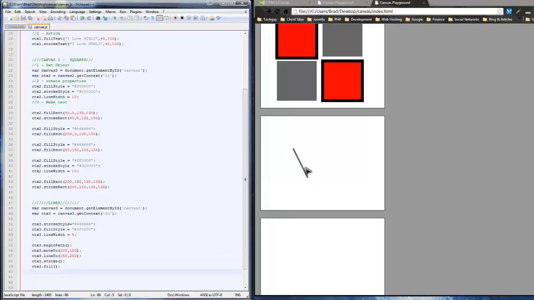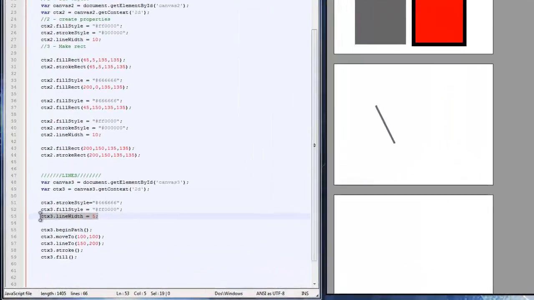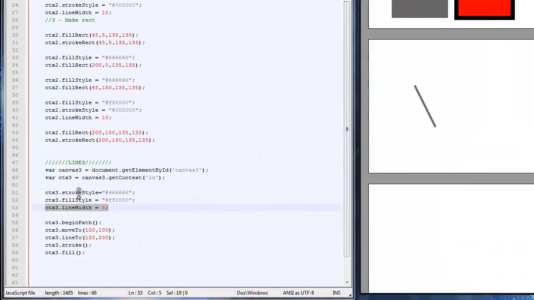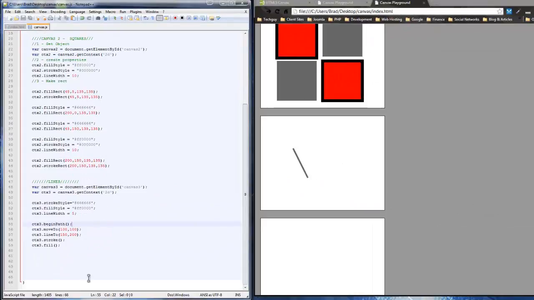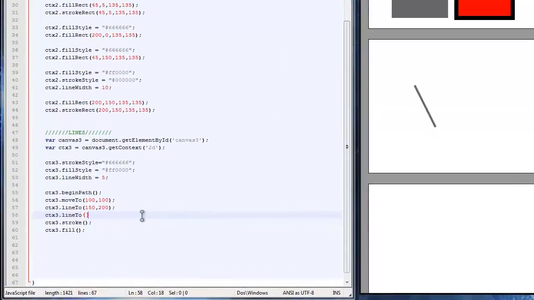And it's 5 pixels wide from this property. The stroke style is the dark gray, so that's what you see here. The fill is a red, but there's nothing to fill yet. We haven't connected anything. So what I want to do now is to just keep going with the line. So I'm going to do ctx3 dot line to. Okay, we're going to do